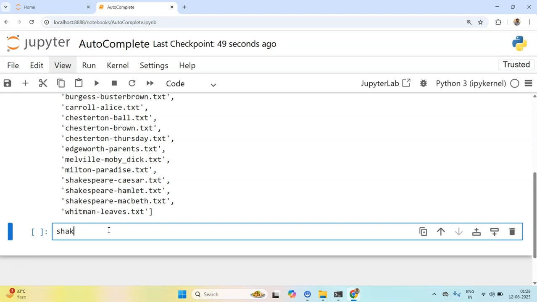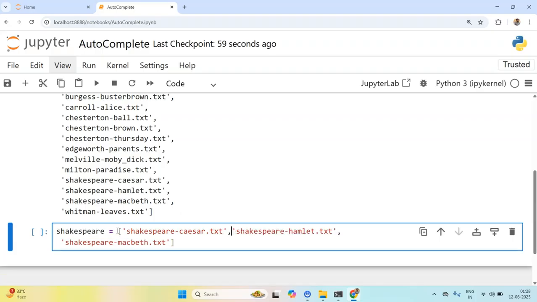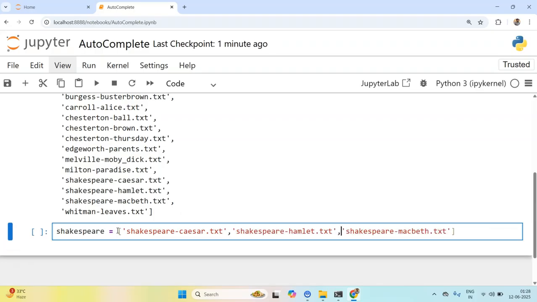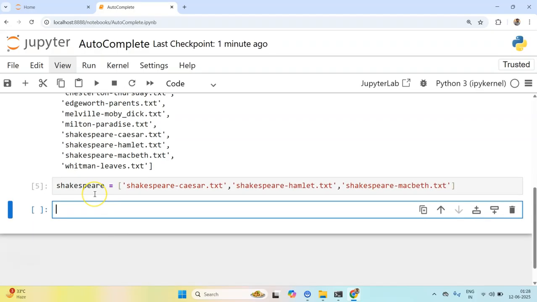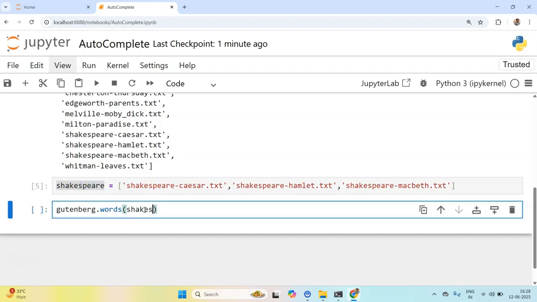So I'll wrap it up in a list. Okay, so we have these three works that we can consider for Shakespeare. Now what we can do is call gutenberg.words, and remember we can pass either the individual file ID name or the entire list.